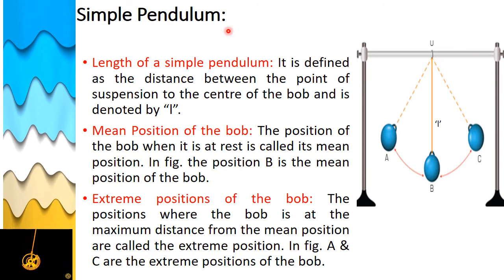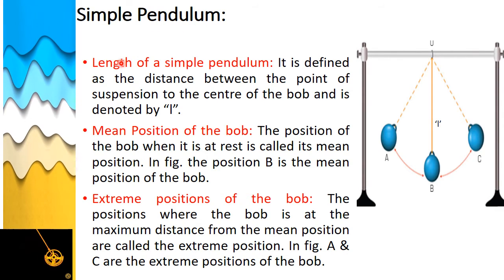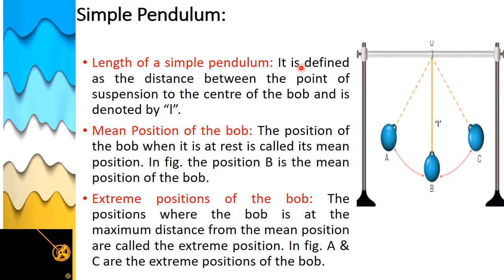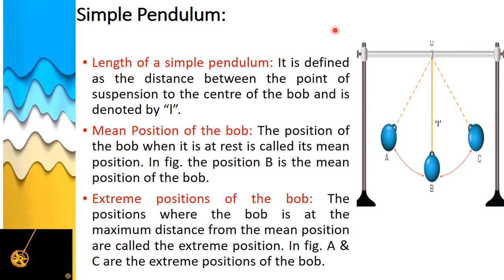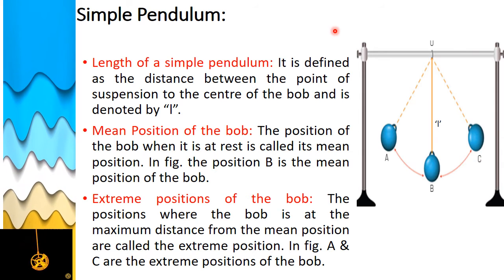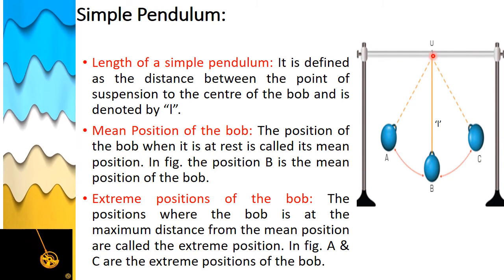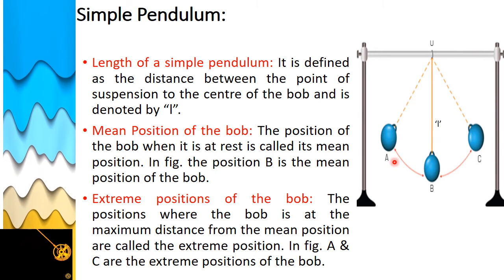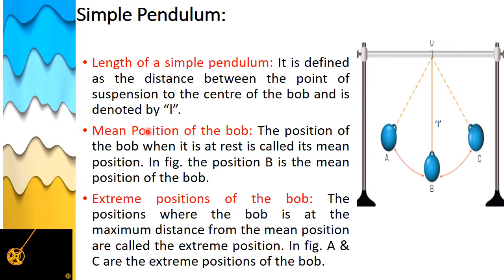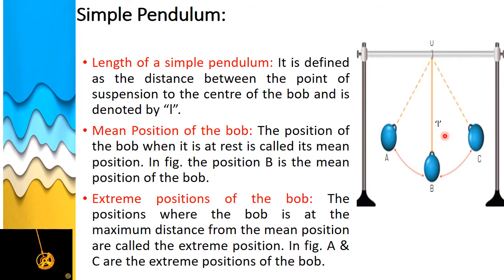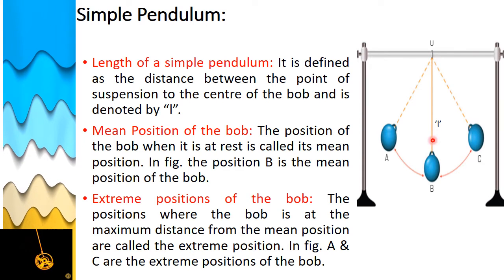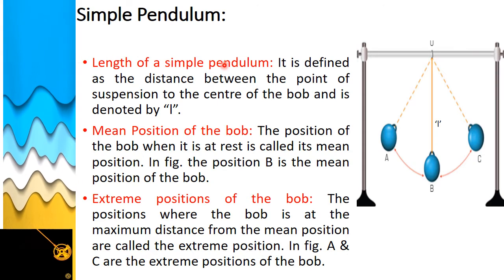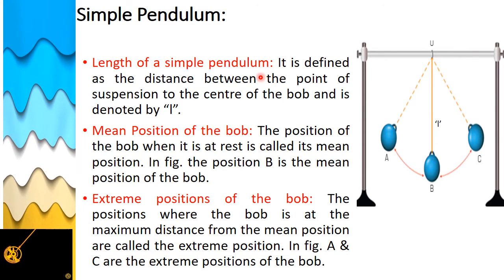Let's see some terms related to simple pendulum. The first one is length of the pendulum. The length of the string from the point of suspension to the center of the bob is called the length of the pendulum. So this is the point of suspension, and to the center of the bob is the length of the simple pendulum, and it is denoted by L. So right from the point of suspension to the center of the bob, it is the length of the